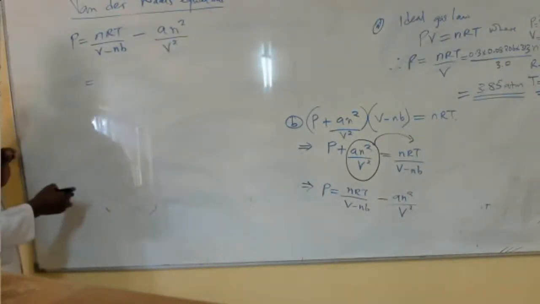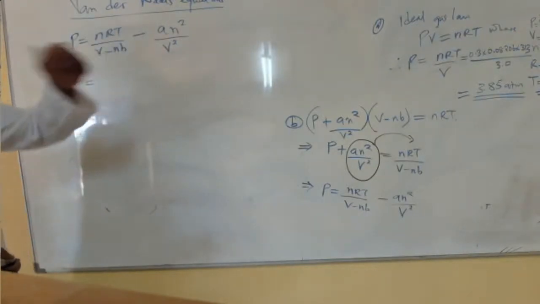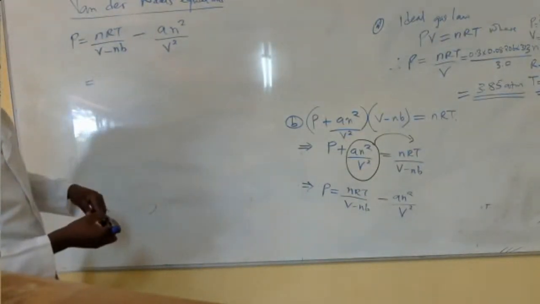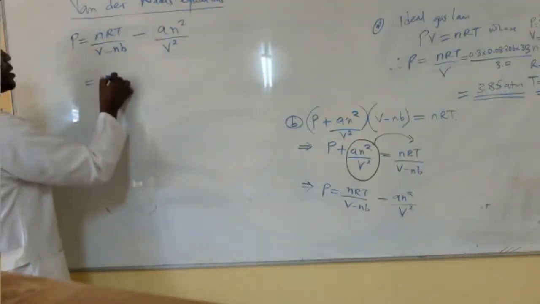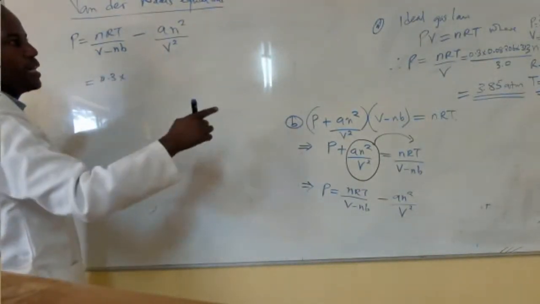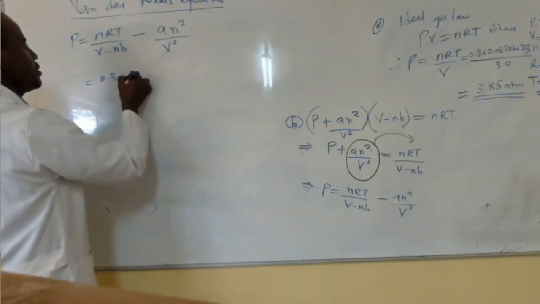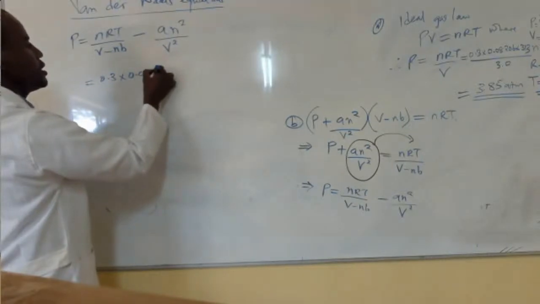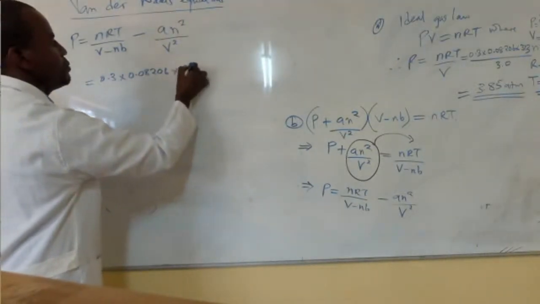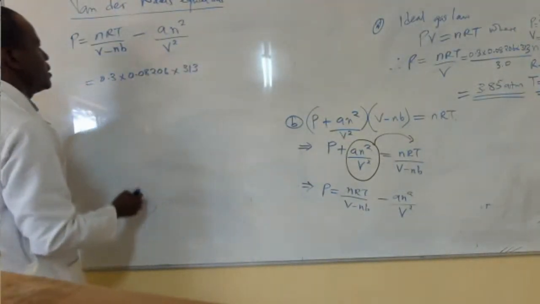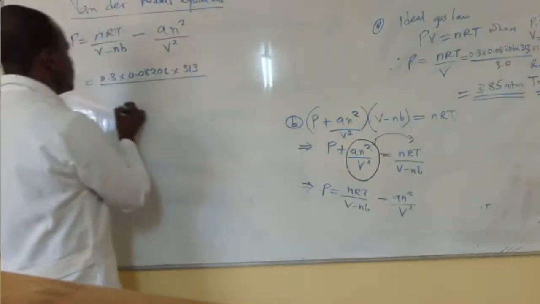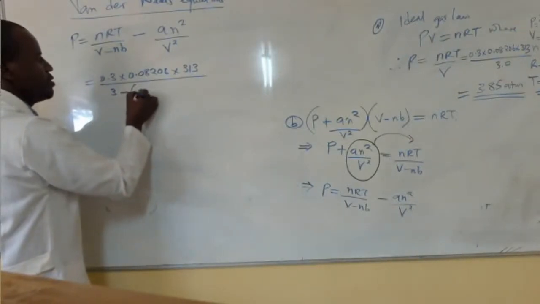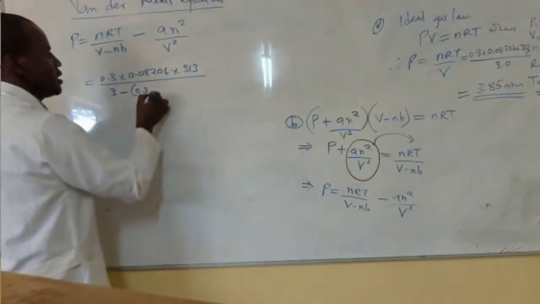So this will be equal to n, in our question given to be 0.3 moles. So 0.3 times the R constant that we used there, 0.08206, times the temperature 313, divided by the volume 3 liters minus the number of moles 0.3 multiplied by